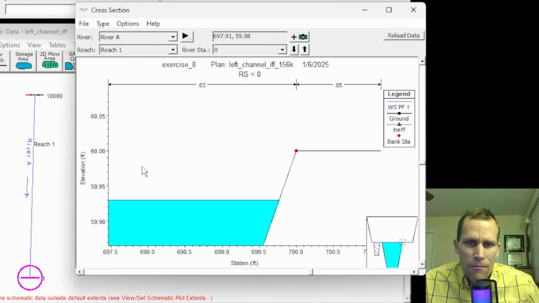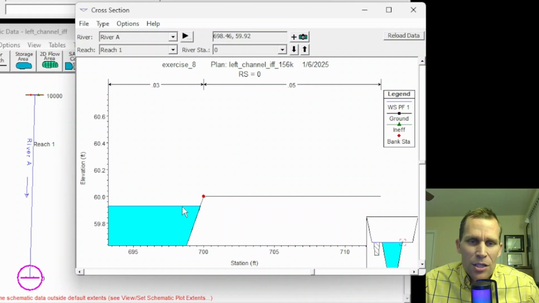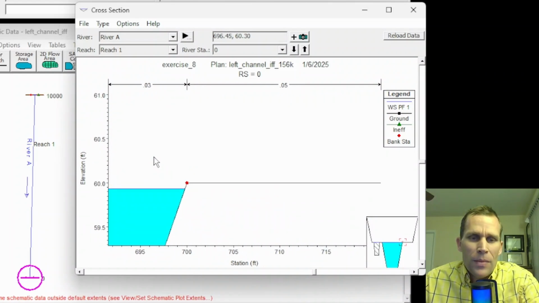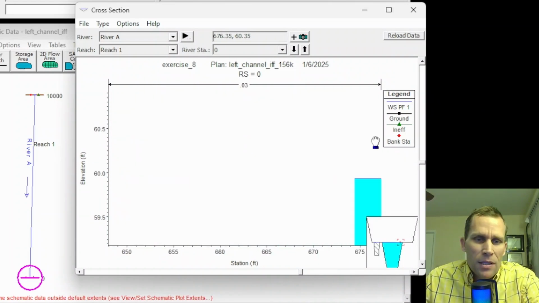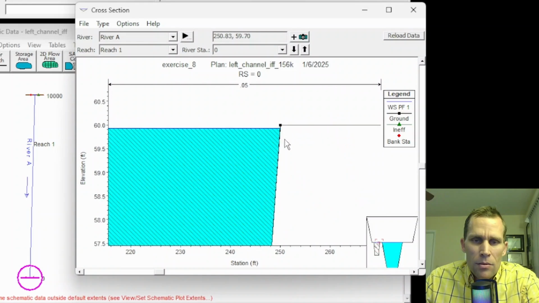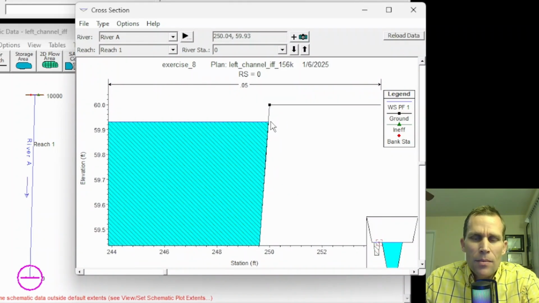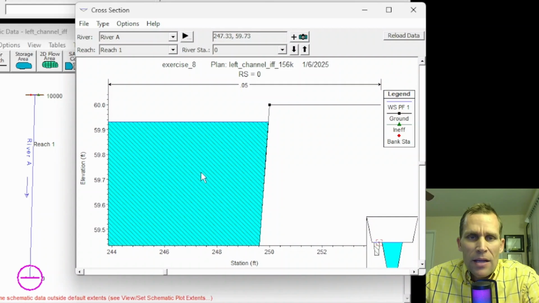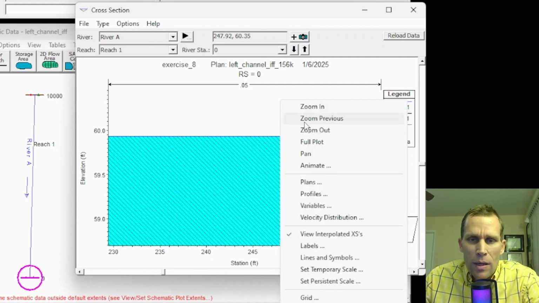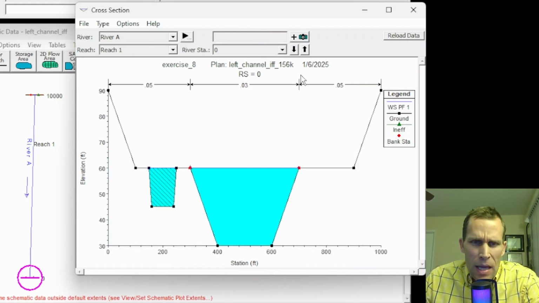0.06 feet of freeboard. So we can tell that all of the flow is in the main channel and none of the flow is in this side channel off to the left bank right here. So the water surface is up to the top or nearly the top, but there's no actual conveyance of flow. So let me go right click, full plot, and that should be the same up at the top cross section